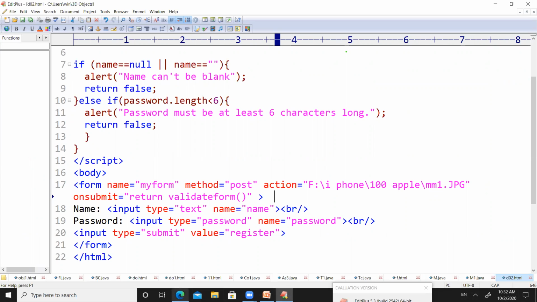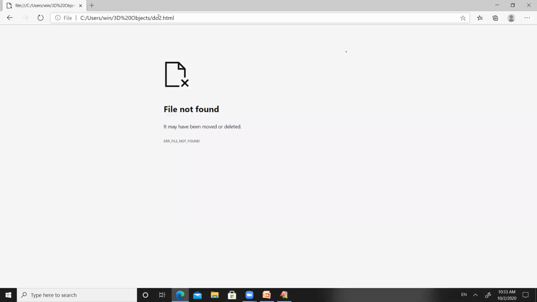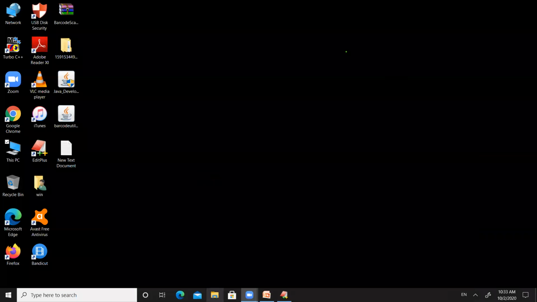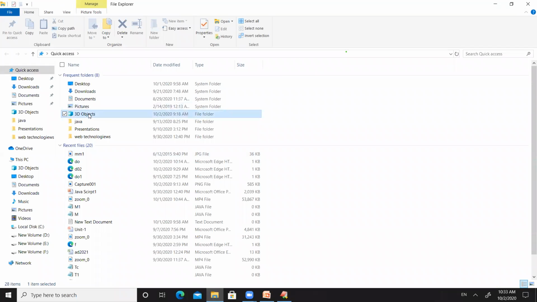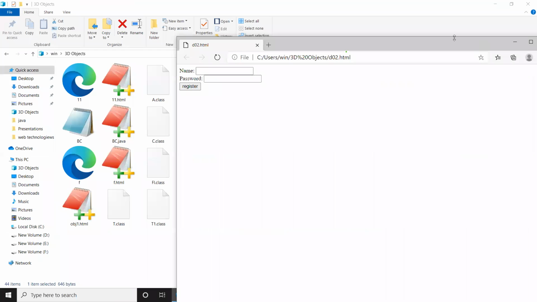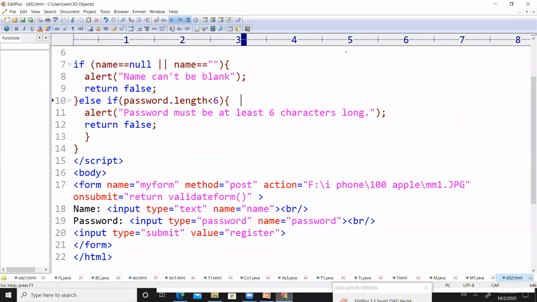So now we want to open this do2.html. Simply we can replace this address with do2.html. Just a second, I have saved this code. It is do2.html. I just opened it, and you can observe here. You can compare the program and the output which you are seeing on the screen. Let us compare these two things.